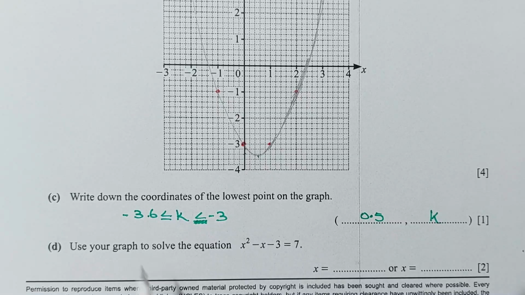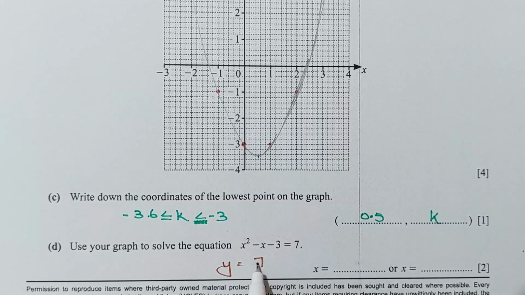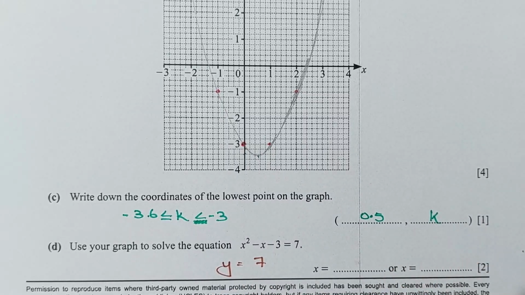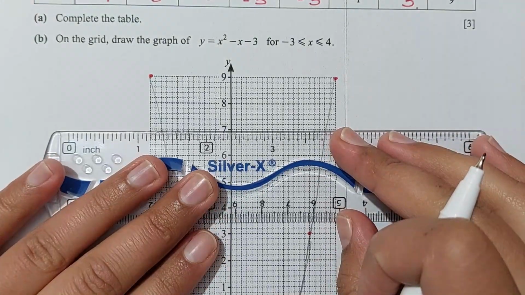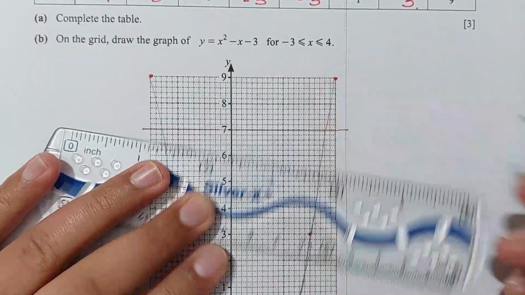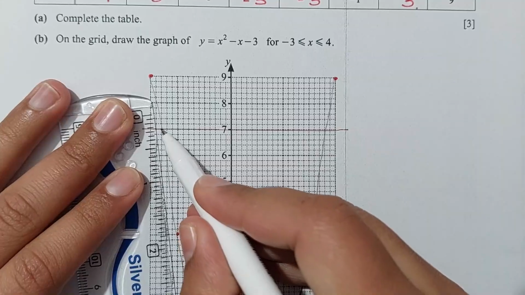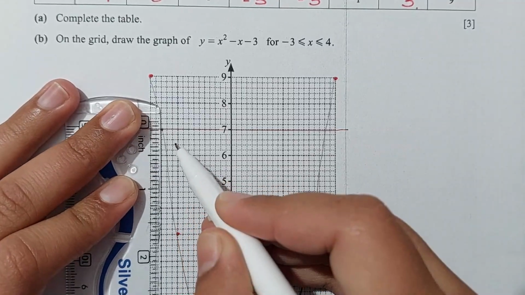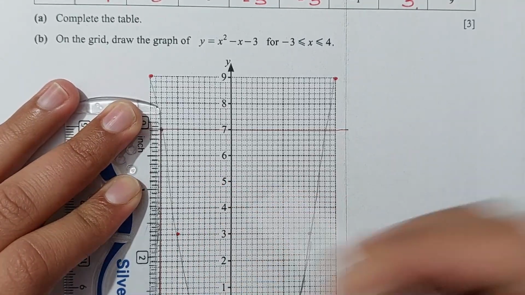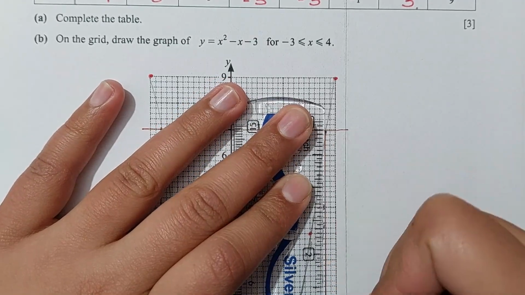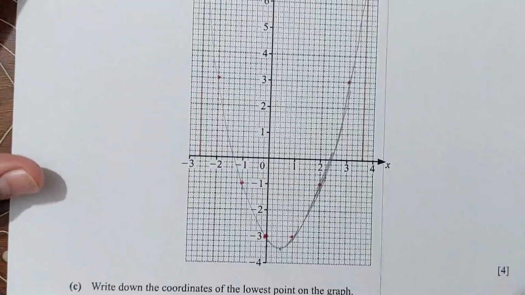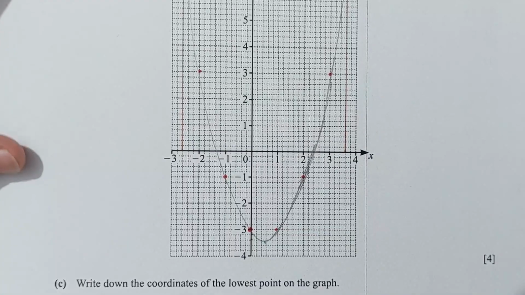Right, now for part D, use your graph to solve this equation. x squared minus x minus 3 equals 7 means y equals 7. So let me draw the line y equals 7. You have a curve, draw the line y equals 7 and solve for x. And here I got an x value and here I got an x value. Okay, I got two values for x. The first value is